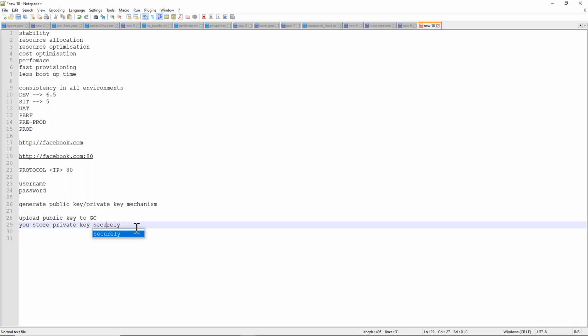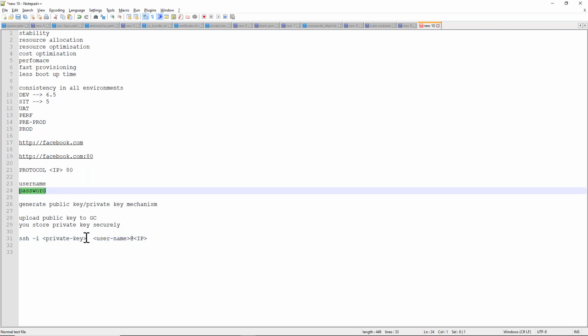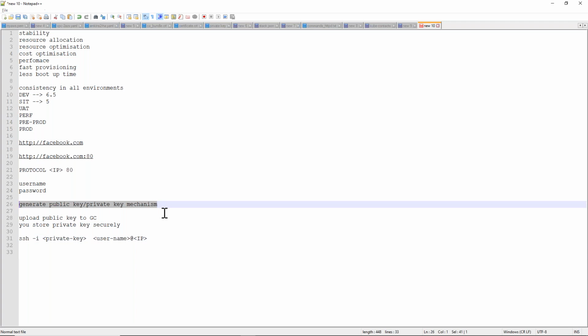The protocol format is ssh -i to pass your private key, and then your username@IP address. Instead of a password, we are passing the private key, along with the username and IP address. By default, in the background, it uses port number 22 only. Now our responsibility is to generate the public key and private key mechanism.